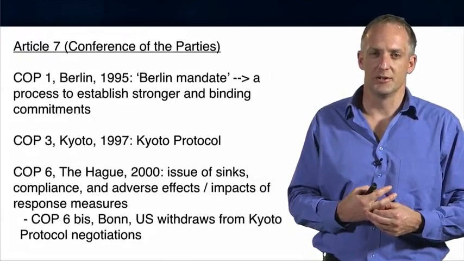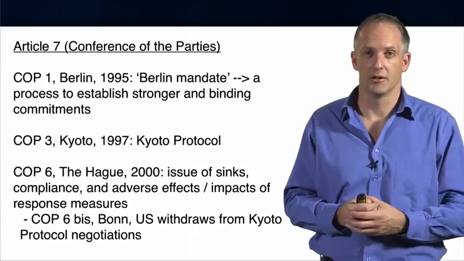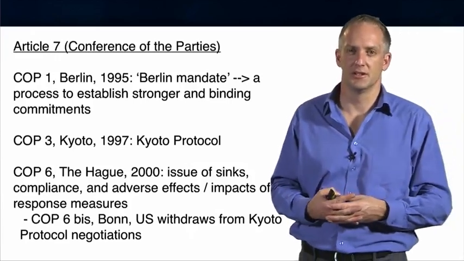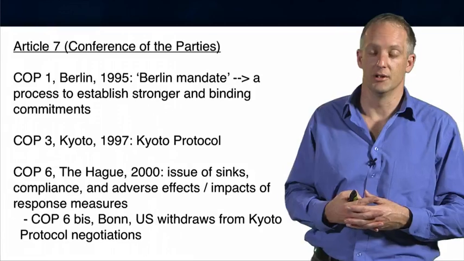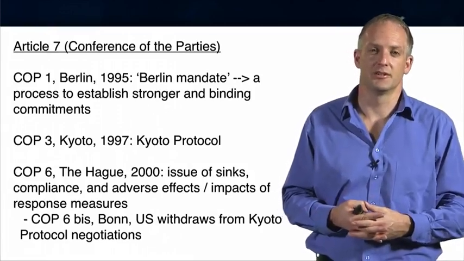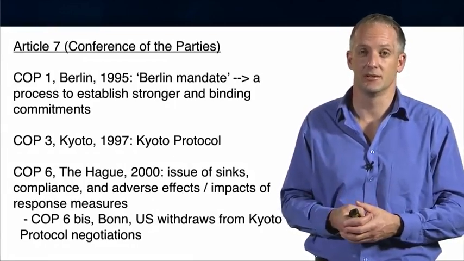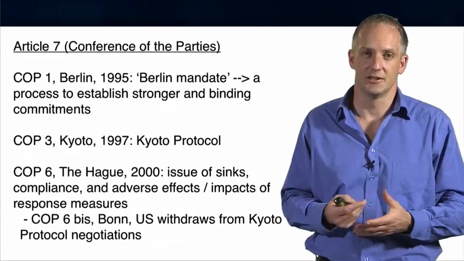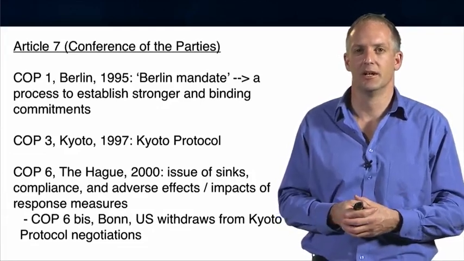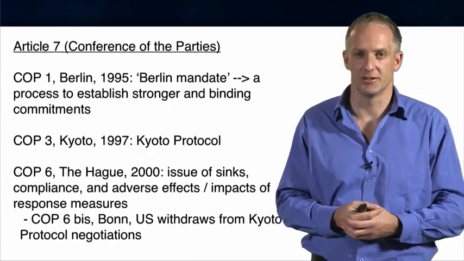Article 7 establishes that there shall be conferences of the parties to the convention, where parties come together and talk, report on their progress, negotiate further commitments and so on. The first of these was held in 1995 in Berlin, I beg your pardon, and established what was called the Berlin Mandate, which set in place a process to establish stronger and binding commitments. It recognised early, at least by some countries, as early as '95, that binding and mandatory emissions targets were required, and created a negotiating process to lead to that. What it led to was the Kyoto Protocol, which was signed in '97.